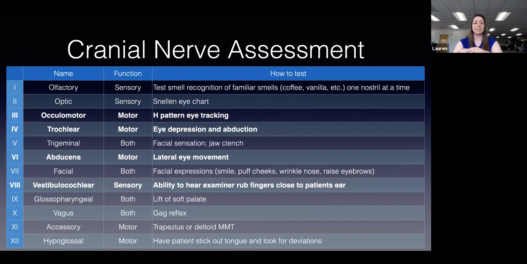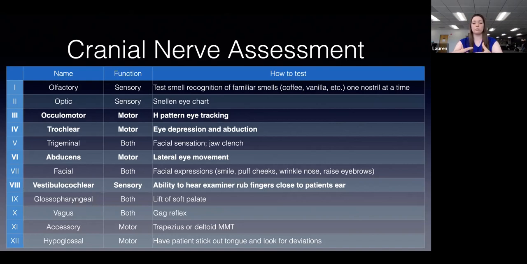Vagus nerve is responsible for the gag reflex, but also if their heart is beating and they're breathing, vagus nerve innervates all of the viscera as well. So if all of that's functioning, their vagus nerve is working. Accessory nerve, so